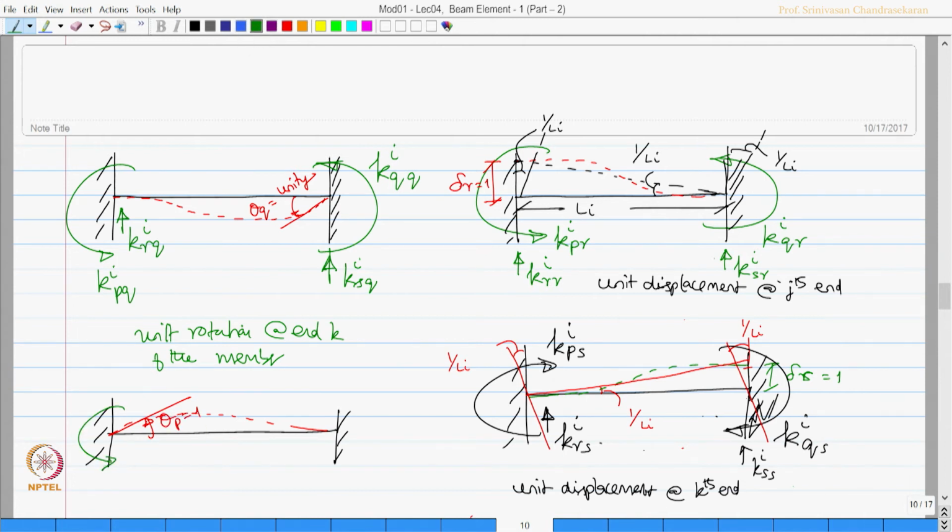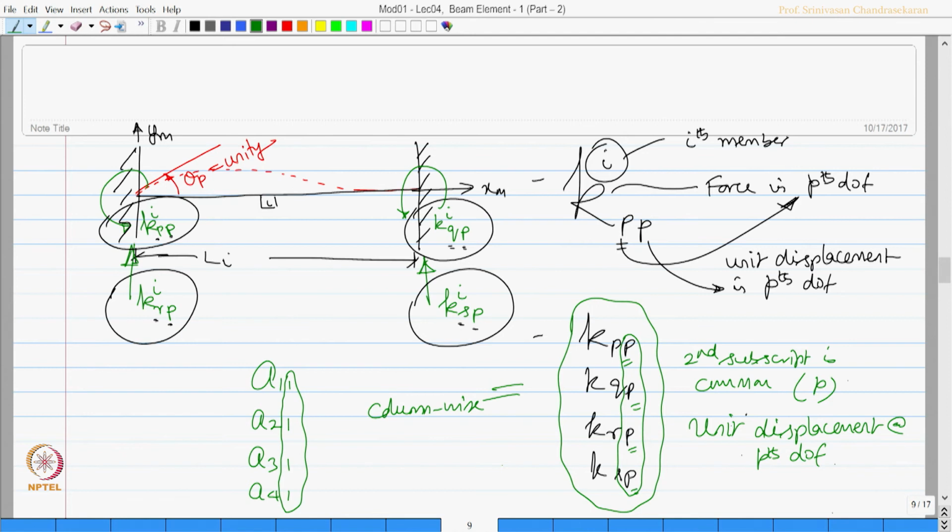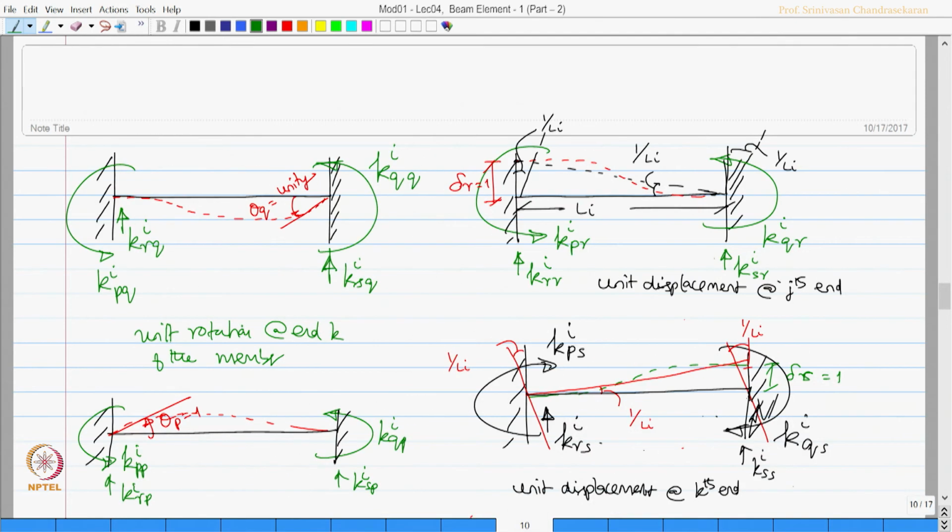So, this is going to be K P P I, this is going to be K Q P I, this is going to be K R P I, and this is K S P I, which is same as this figure which I have just reproduced here, and I am saying the title as